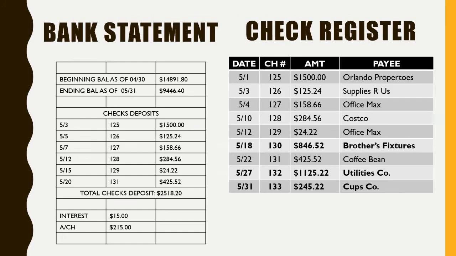All right. So the next question is, I'm going to look for a check that has not cleared yet, right? I'm looking for my outstanding checks. So here, the best way to look at this is your check numbers. Okay. So here I see that I should have 2, 4, 6, 8, 9 checks total written. And here 2, 4, 6. Only 6 of them have cleared. So therefore, I need to go ahead and look and see which checks have cleared and which one hasn't. So I'm going to double check here.